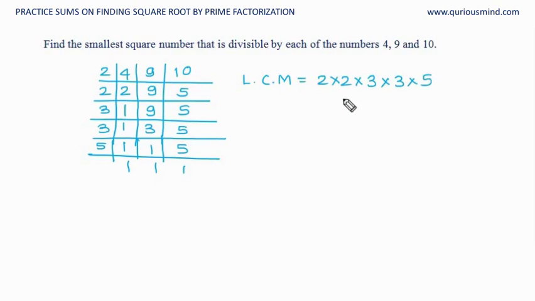Okay, so we got the LCM, but the LCM is not a perfect square number because we see here we have only these two numbers in pair. This is not in pair. So to make this in pair, we can multiply this by 5. We can also divide, but if we divide, it will not be divisible by 4, 9 and 10 because this is the lowest common multiple. So we have to go higher, we cannot go below that. So we have to multiply by 5 and therefore